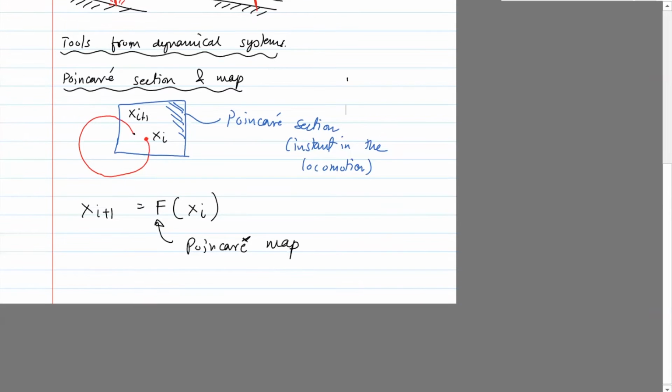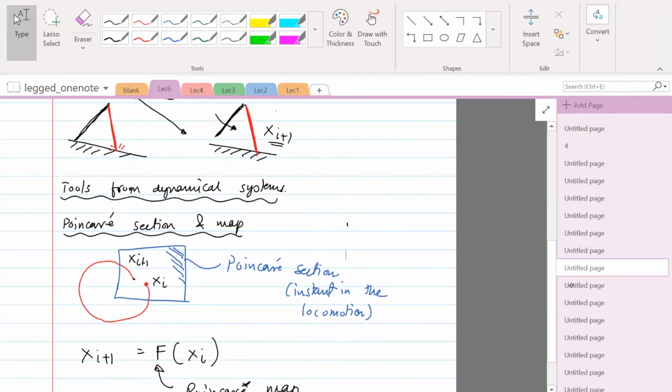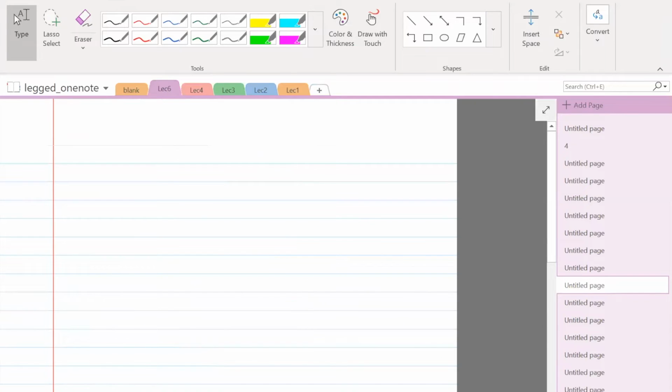Okay, so that's the Poincare map. So next thing, once we have the Poincare section and Poincare map, we can think of what is known as a fixed point. Now what if I told you that there is a certain... let's draw the figure again. We started, and what if we start in such a way